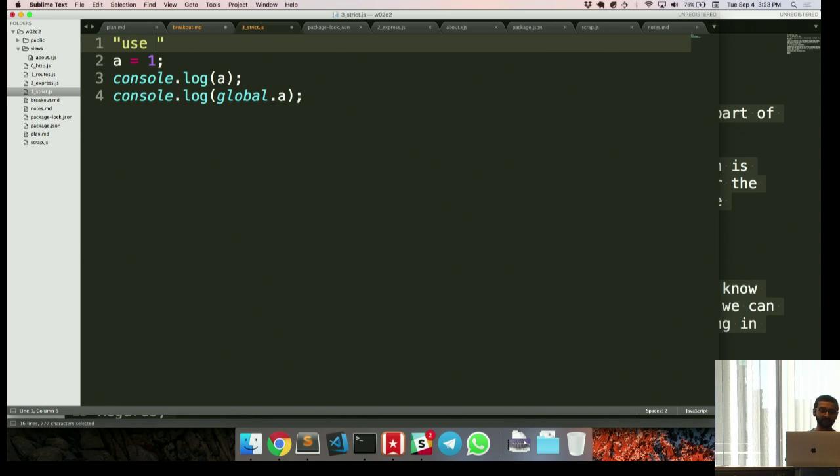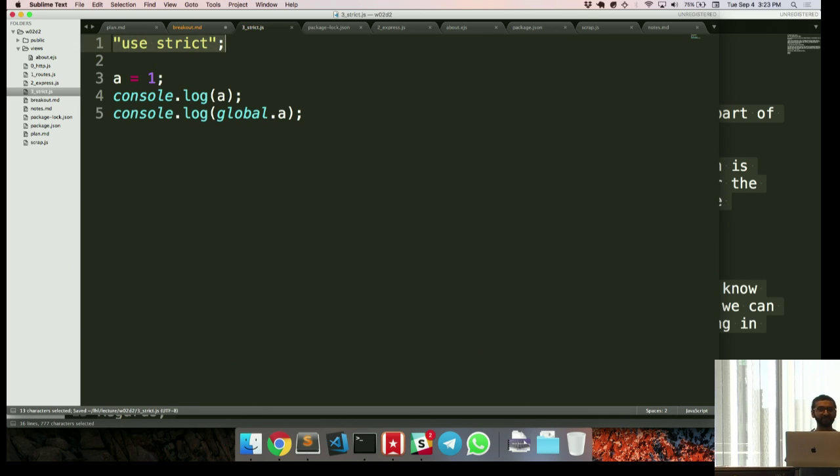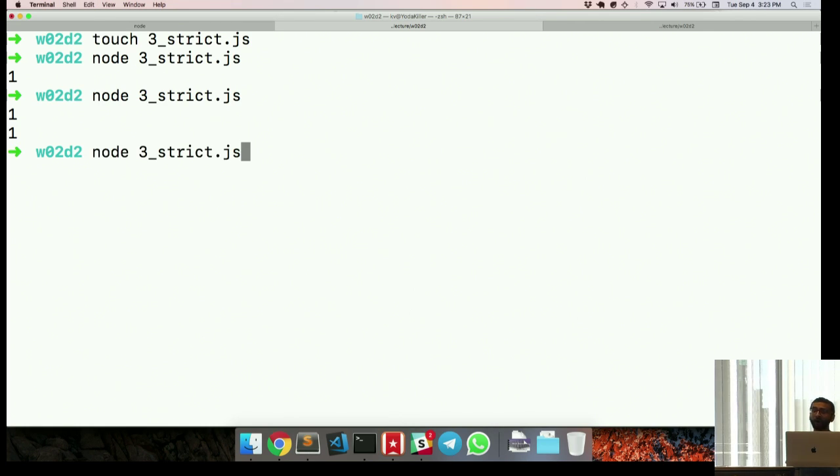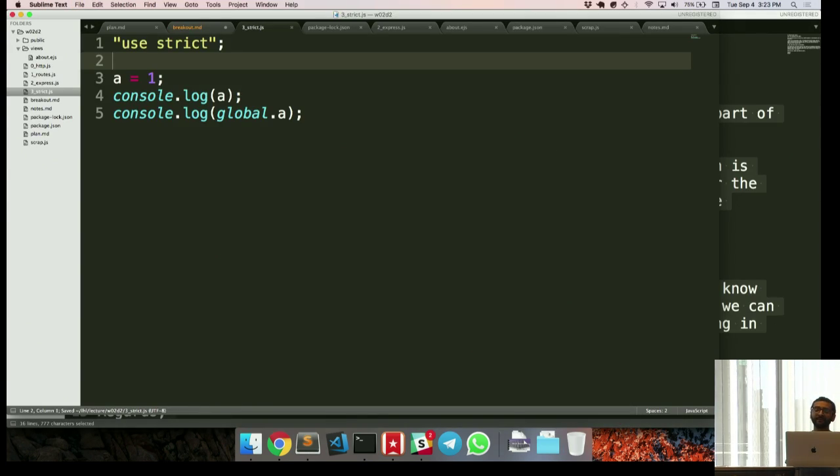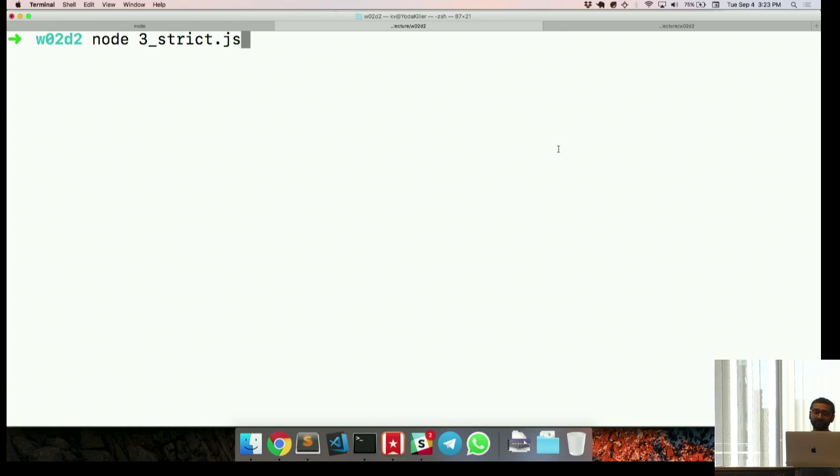If you do 'use strict', I should say, it's just a string at the very beginning. Then it actually changes the node interpreter to go into strict mode. And in strict mode, one of the things that happens is it doesn't allow this. So now, what I expect to happen is an error at line 3.